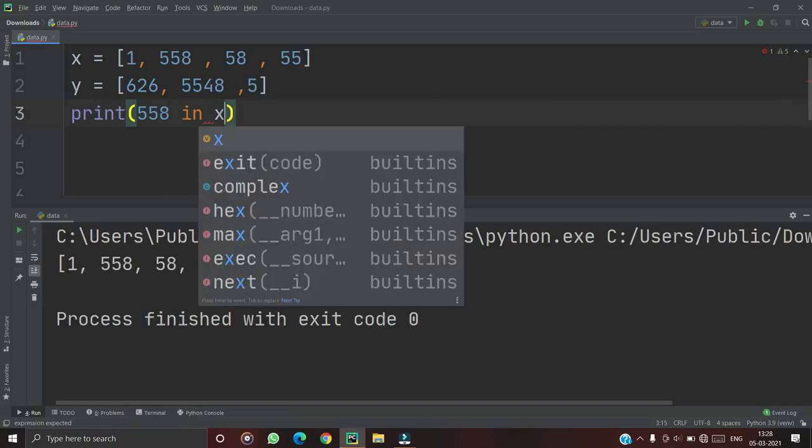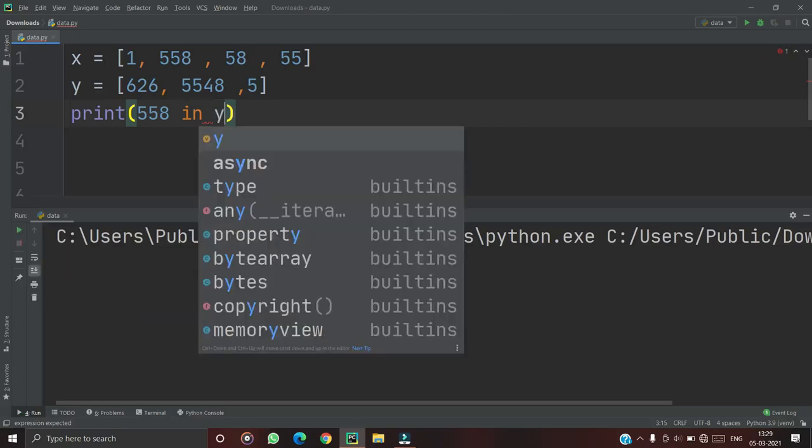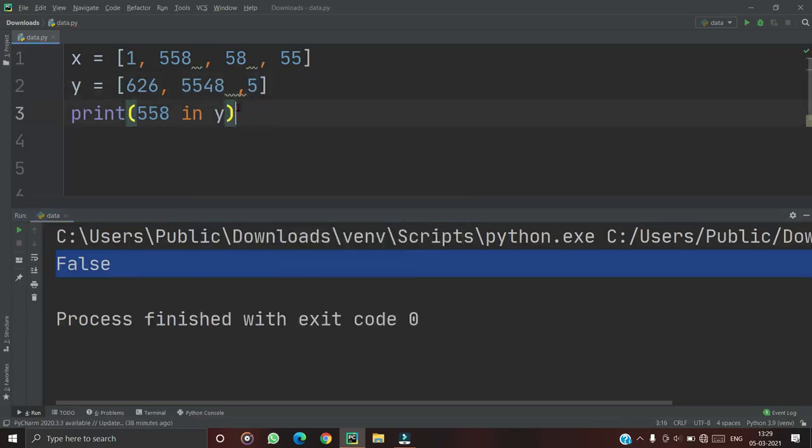It is showing true because the element 558 is present in x. If I want to check whether 558 is present in y or not, if I run it, it will show false. This is a very simple operation in the list.